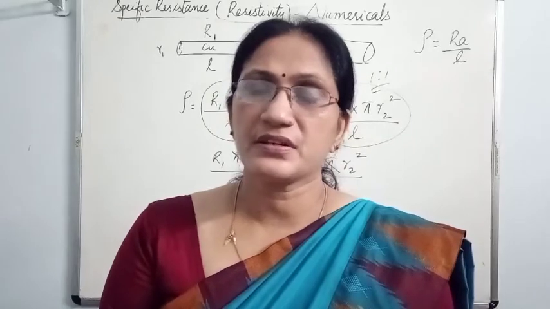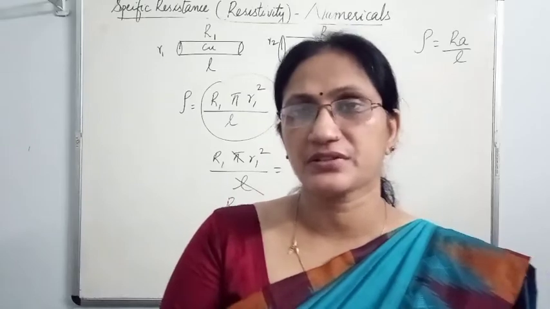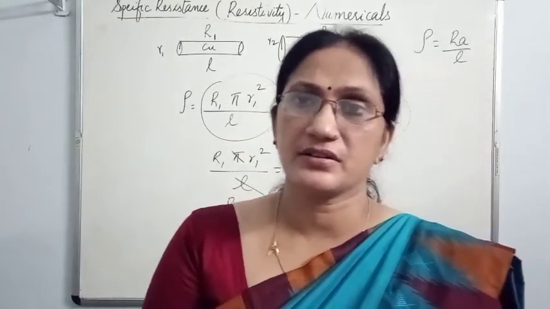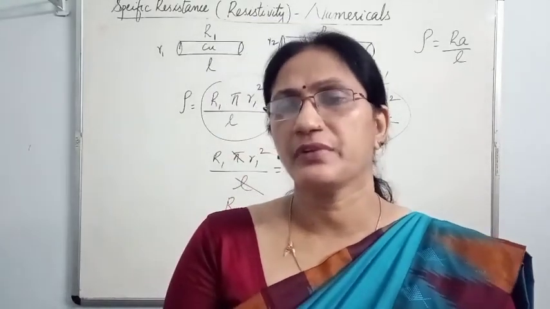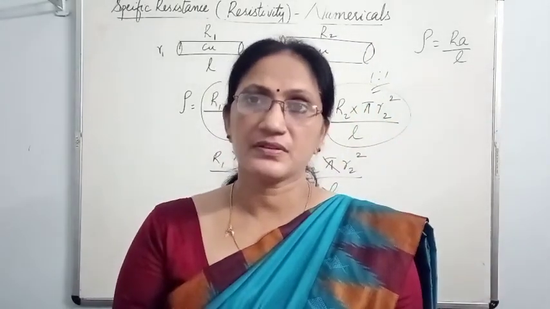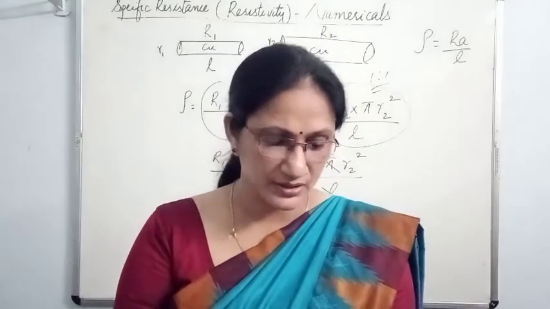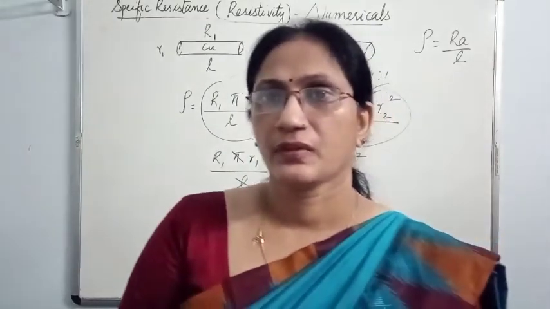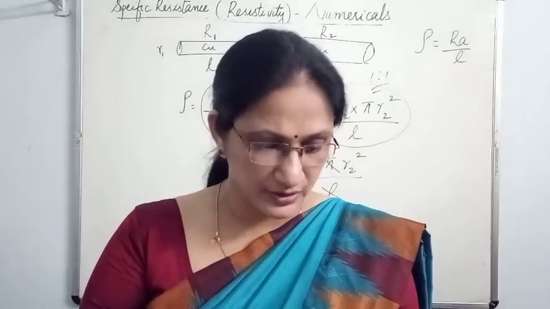because just by having magnitude and direction we can't call a quantity a vector quantity. It must obey some rules like vector addition. These things you will study in higher classes. It should obey some vector addition laws. Those laws are not obeyed. So current is not considered as a vector quantity, it is a scalar quantity. So the answer is, it is not obeying the laws of vector addition. That is the answer.